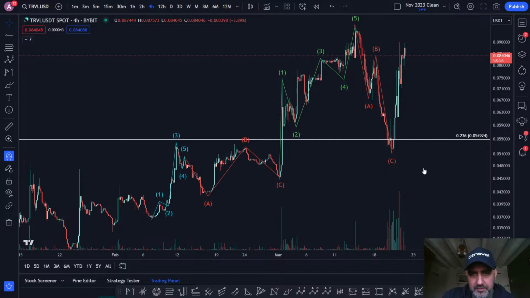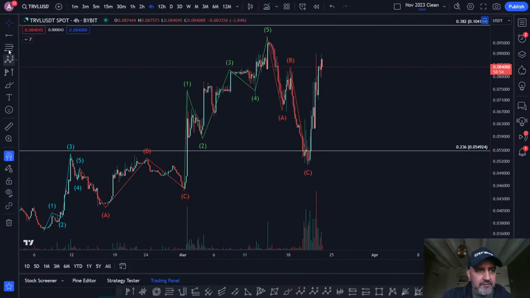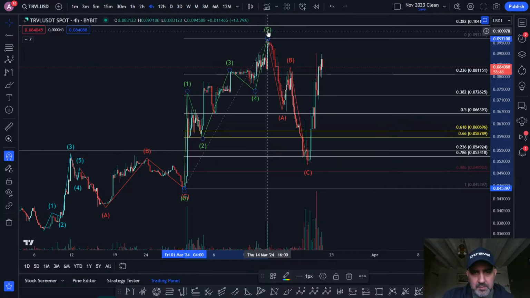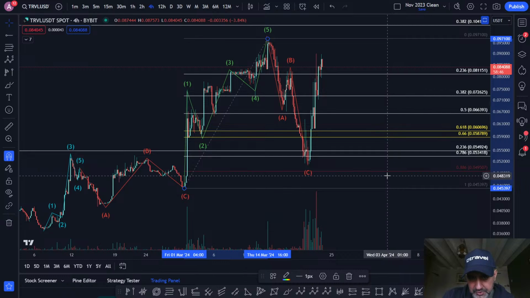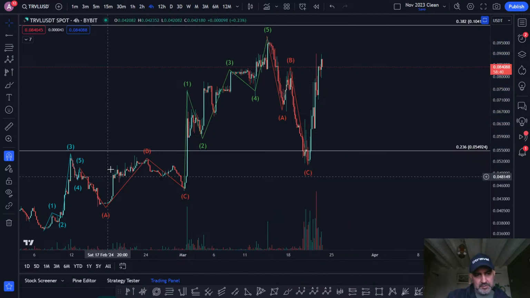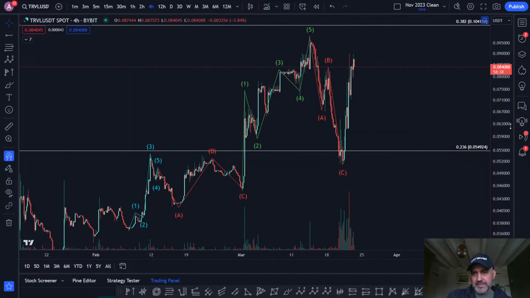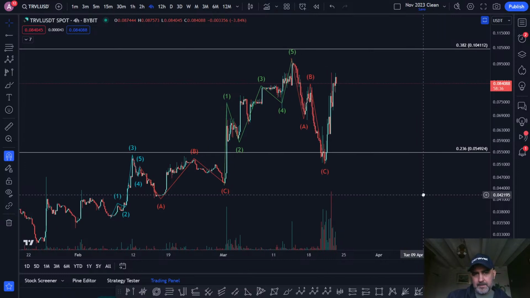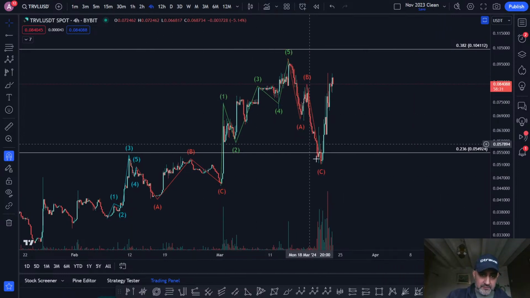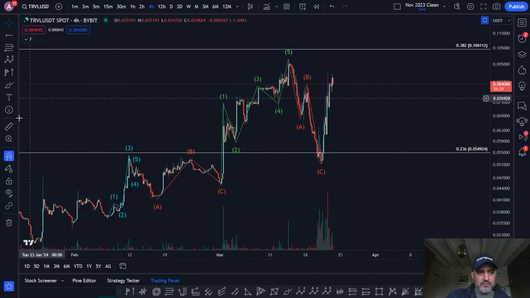What about this one? How far does this come down? It came all the way down to just underneath the 786. Wow, there are the deep corrections. Two quite deep corrections. This one was very deep. So if this is the 1, this is the 2, this is the 3, this is the 4, you can just go from on a trend based